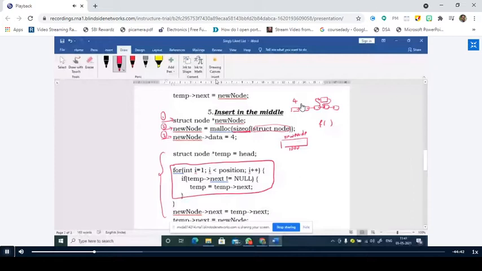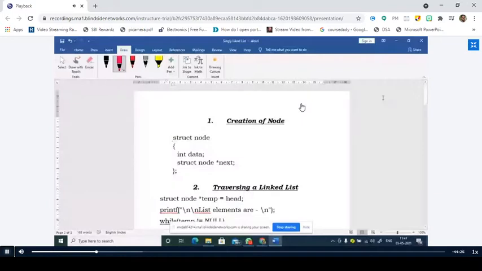Yesterday we discussed how much memory should be allocated for this struct node. 4 bytes, sir. Not 4 bytes, it is 8 bytes. Why? Because if you observe the structure, how many members are there? 2 members, right? The first one is data, which is of type integer, and the second one is next, which is of type pointer to struct node. So integer occupies 4 bytes and the pointer occupies 4 bytes.